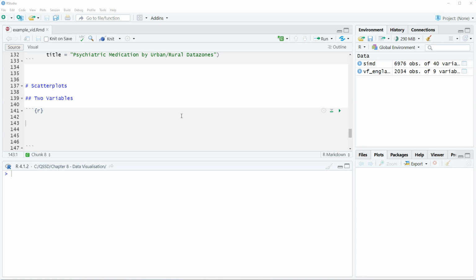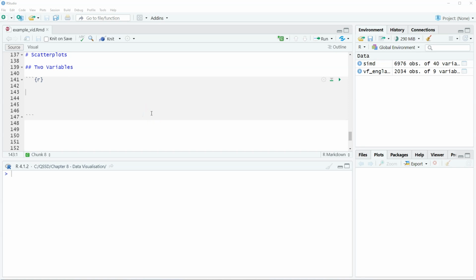with R, 2nd edition. So in this video we're going to take a look at scatterplots, and this is the first one of several we'll do with scatterplots, and we'll start with the most basic, which is just using two